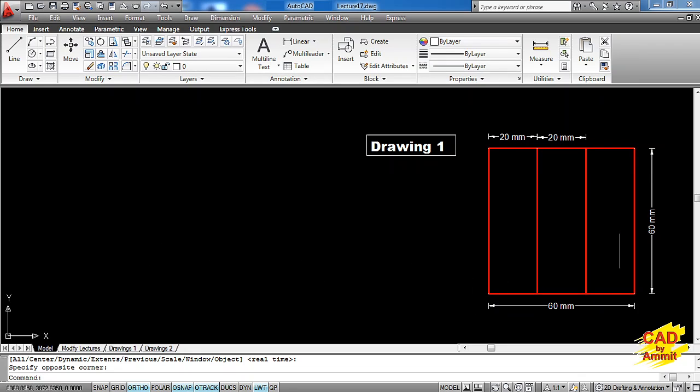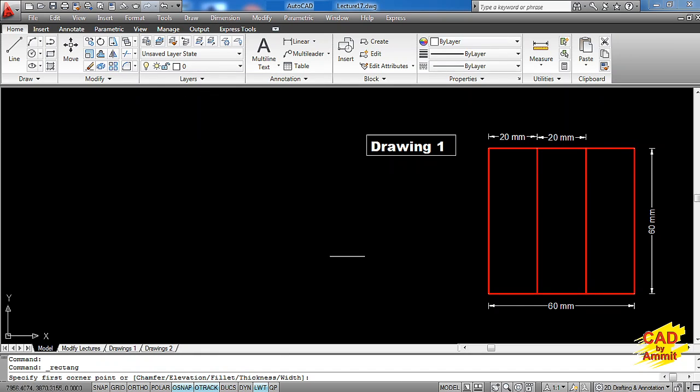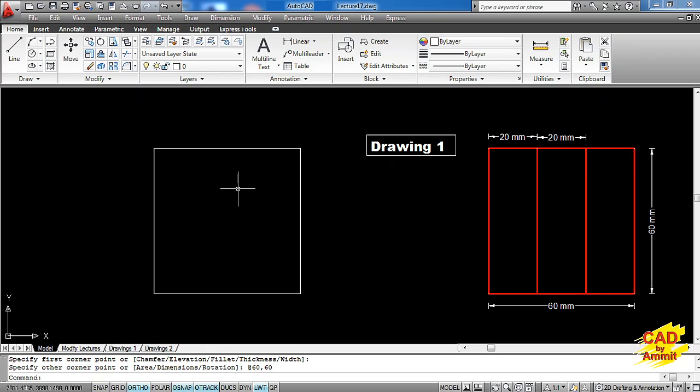Now for the outer of this geometry, I can use a rectangle command or I can even work with a line command. So this time I'm going with the rectangle command. I'll pick the rectangle command from the draw tab. I can take it from here. Now this lower left point I can take in the alignment of this point in the horizontal alignment, and I'll simply click here and then I'll type down @60,60 because length and breadth of this rectangle are same, it is basically a square. As I press enter, we get a square.